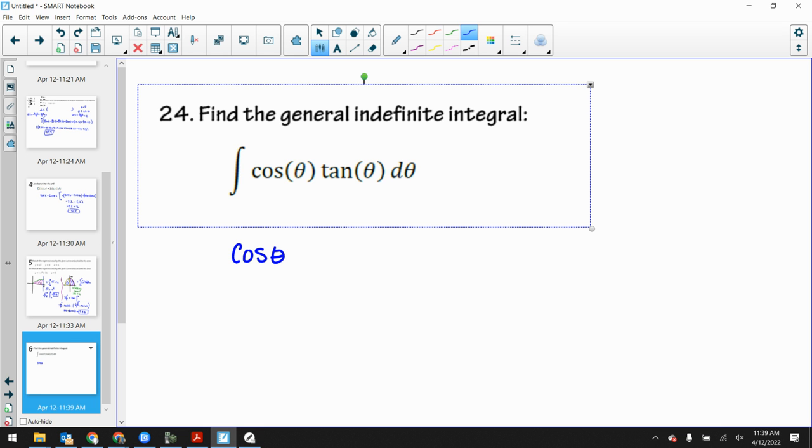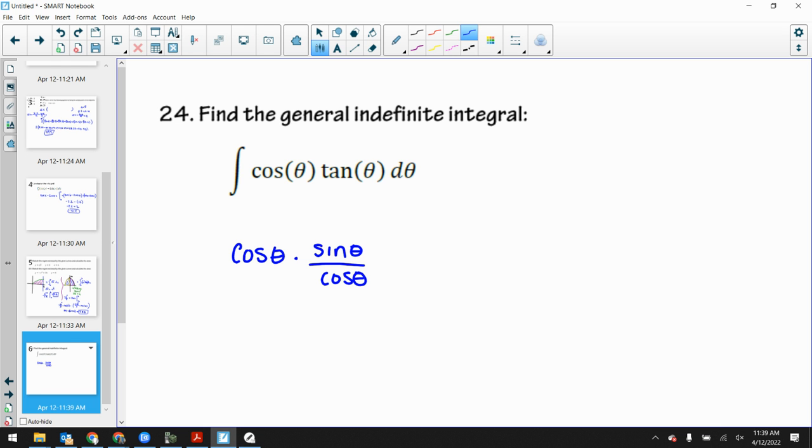Not the integral of tangent. Sine over cosine. So now I have cosine theta times sine over cosine. And what's going to happen to those cosines? They're going to cancel. So this actually ends up being the integral of sine theta d theta,